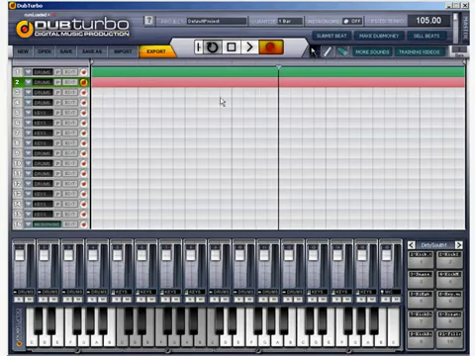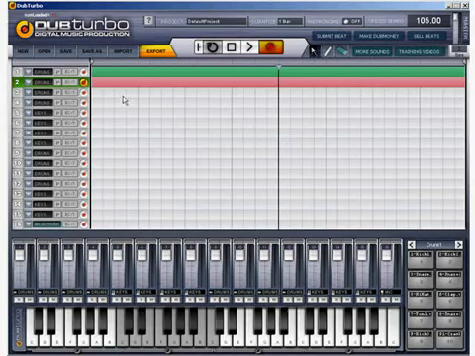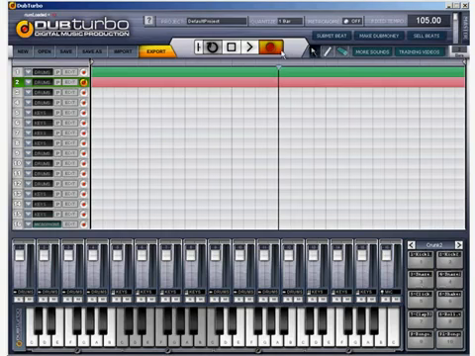So you can draw in your bars, click on it, then click P, click whatever you want in advance, and you already have your kit here. You can also change kits here. Okay, let's try with this one. So again, we'll do this on the keyboard. 1, 2, 3, 4, 5, 6, 7, and